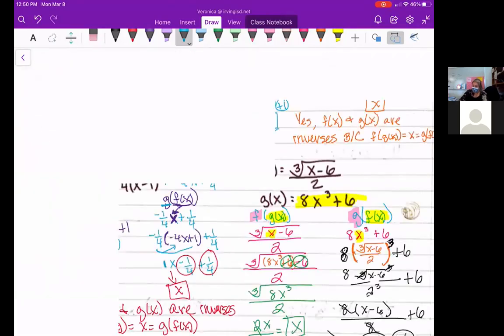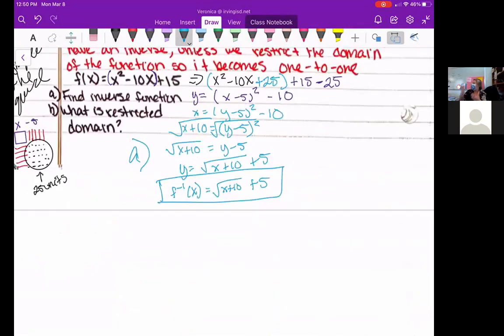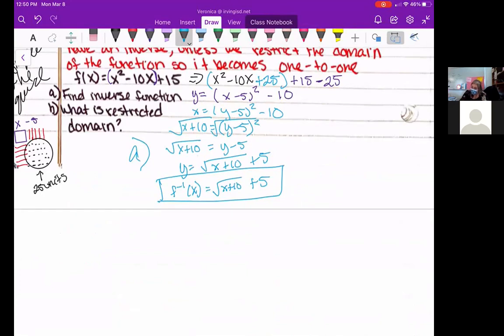Okay. So looking at our decimals and looking at the table, because it was a lot easier to see if they were inverses or not, right? And see where it's supposed to start. For part B,